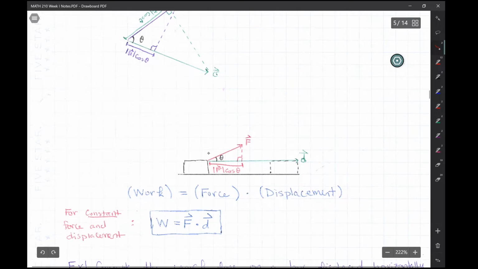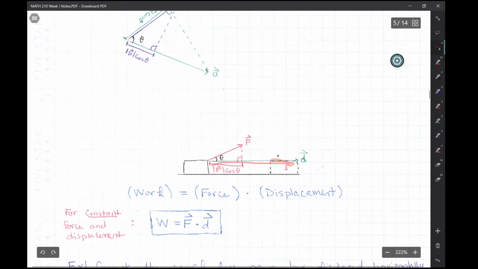But what if the force is not in the direction of displacement? When the force is in the direction of the displacement, you just take the magnitude of the force and multiply it by the magnitude of the displacement. But a force that isn't aligned with the displacement should not contribute to any sort of work being done. It shouldn't contribute to a change in kinetic energy. I mean, imagine if